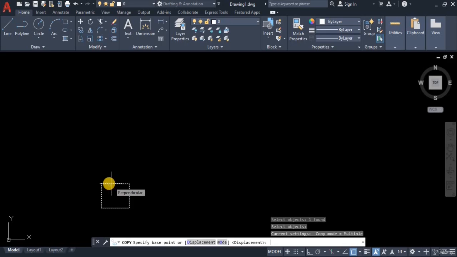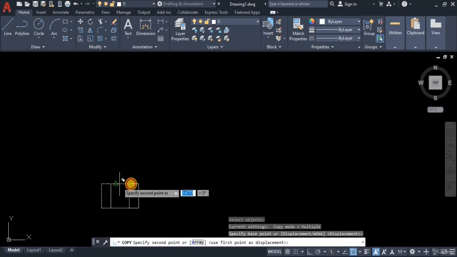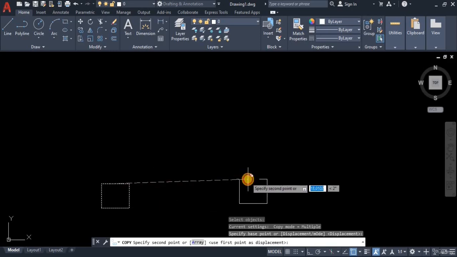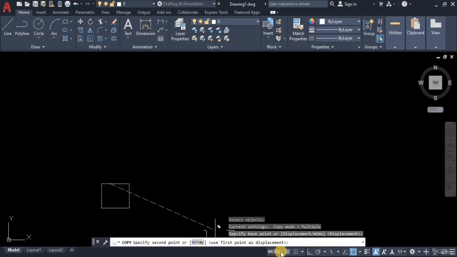Now it's asking you to specify the base point. So we're just going to click on the perpendicular point. We're going to try to move this to the right. As you can see, as we try to move this to the right, it is not properly aligned. In order to realign this, what we can do is take your cursor and move it to the